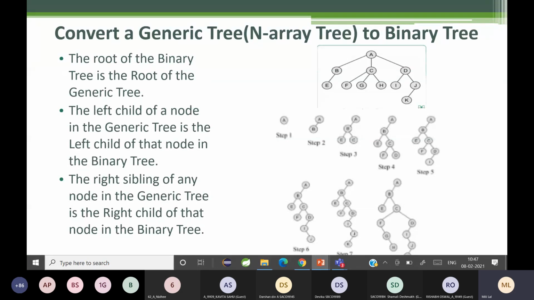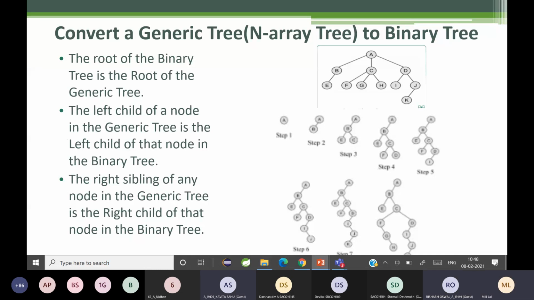Okay. Now, which is remaining? What is remaining? We have G and H not taken. So G is whose right sibling? F. So F's right child is going to be G. And G's right sibling is H. So G's right child is going to be H. वैसे सब नोड कवर किया है कि नहीं चेक करना पड़ेगा. समझ में आया क्या सबको?